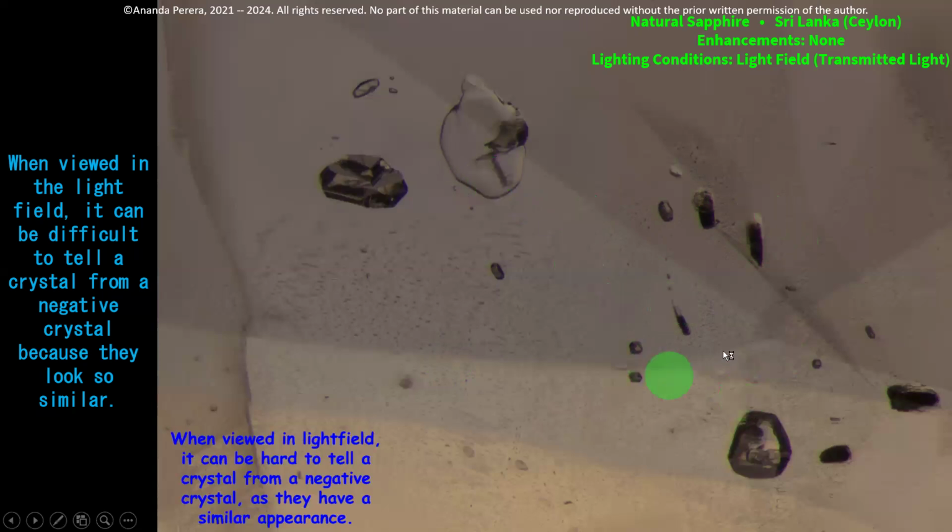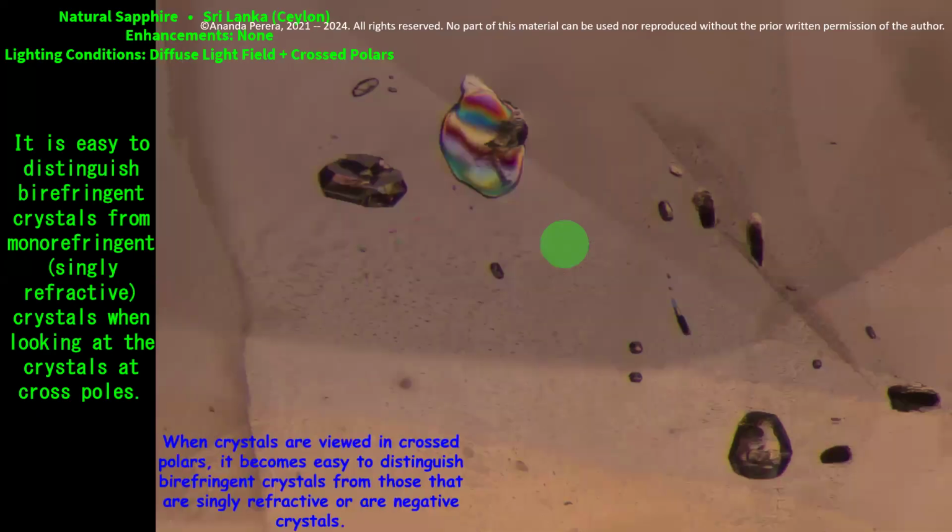So we can't identify clearly, it is hard to tell which one is negative crystal and which one is another one. All are negative crystals. If you see negative crystals like this, it is a natural blue sapphire, natural sapphire. The same thing, same sapphire